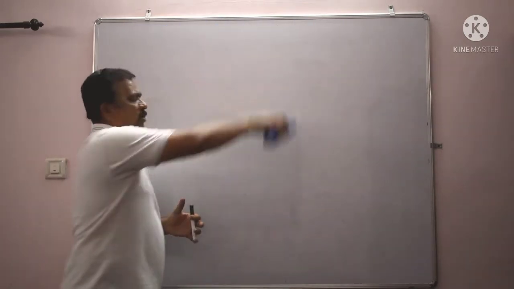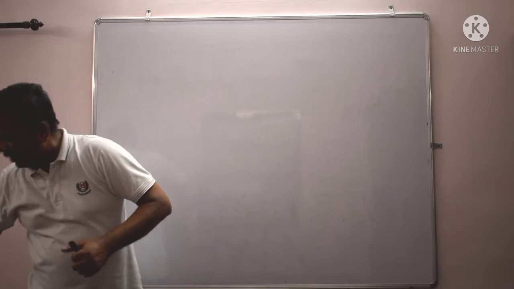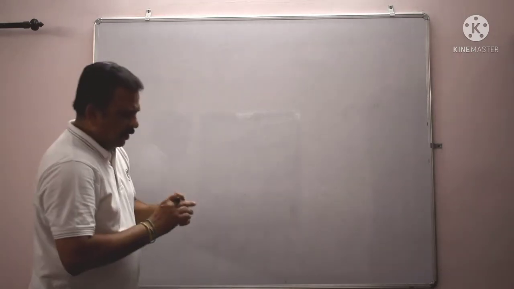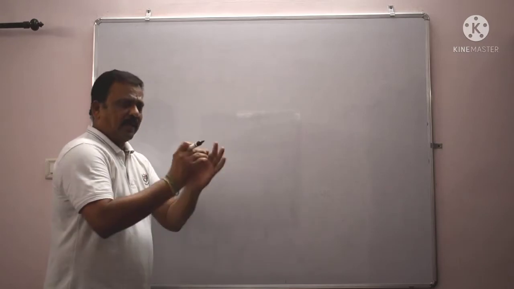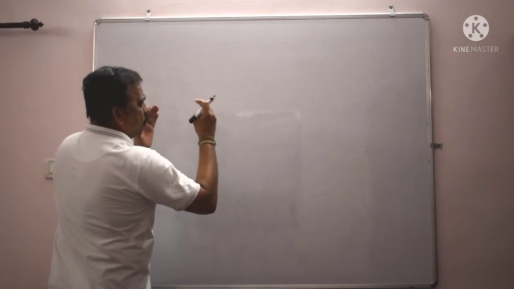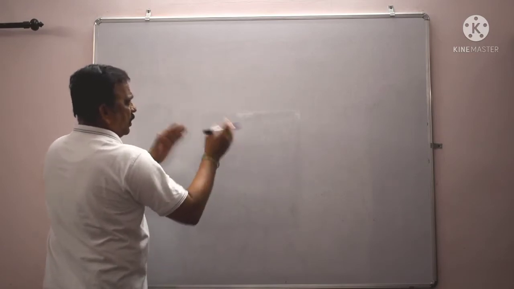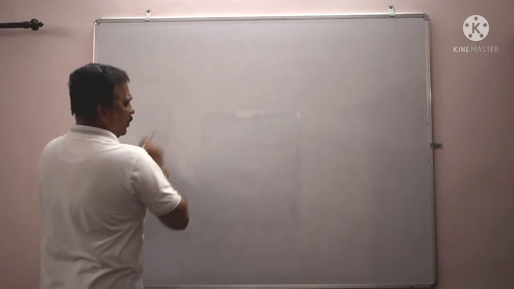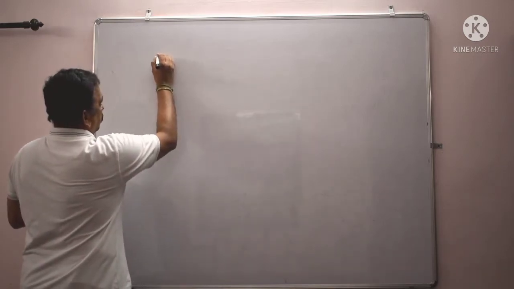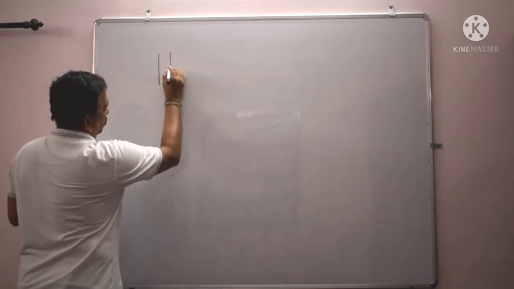You can connect any number of capacitors, but for the sake of convenience of derivation, let me just stick to 3. So let me consider 3 capacitors connected in parallel. Whenever you want to connect components in parallel, I already told you in the earlier class, draw them one below the other. It will be easier for you to draw the circuit diagram. So capacitor 1.